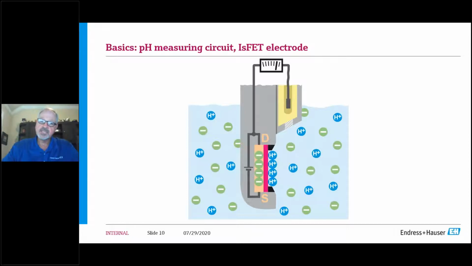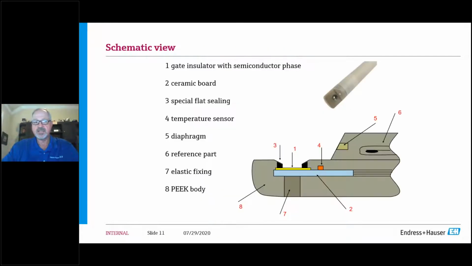But then it also has a silicon substrate that has a negative charge to it that attracts the hydrogen ions. And so that's how it makes that measurement. So that's the difference between a traditional electrode and the ion selective one that has the gate insulator with the semiconductor phase here. It's got a ceramic bond across there,